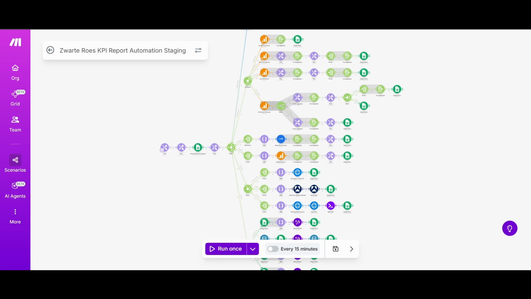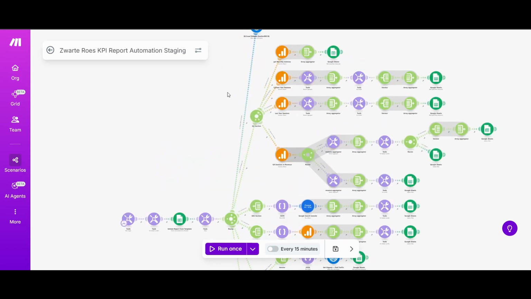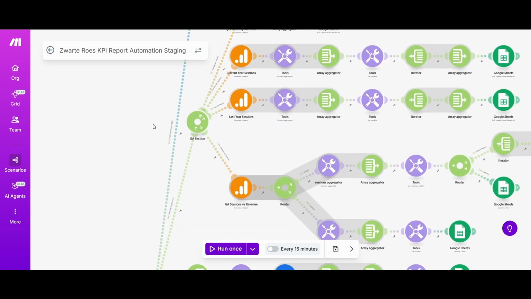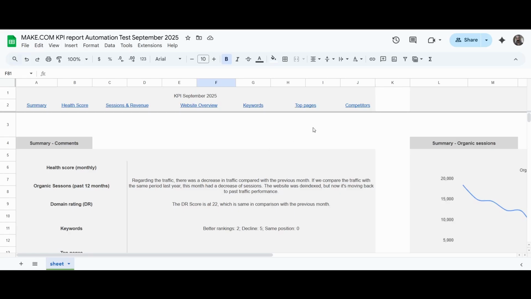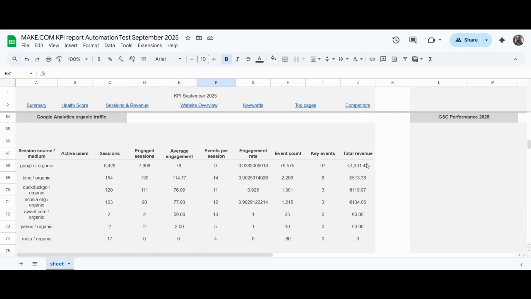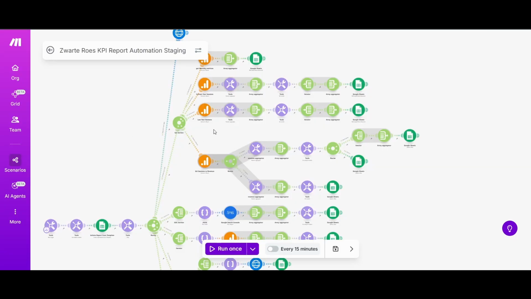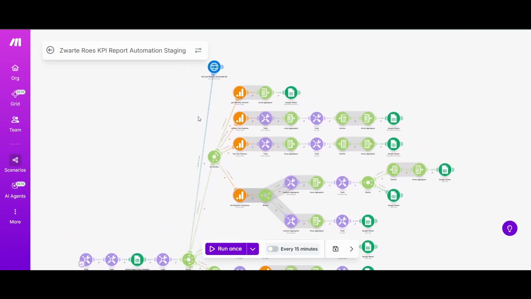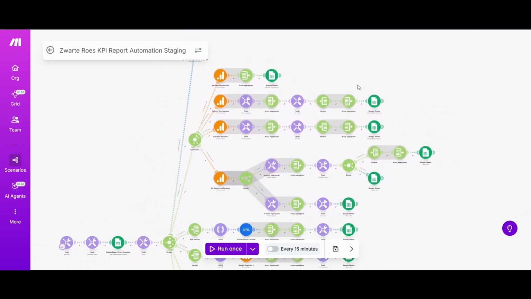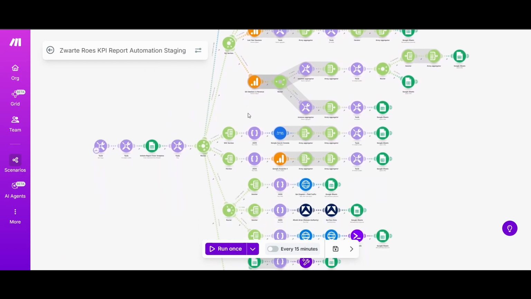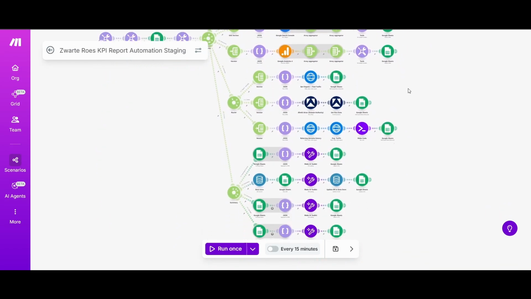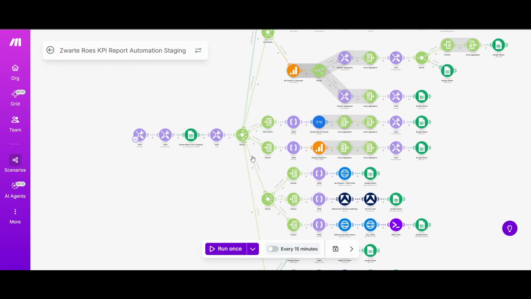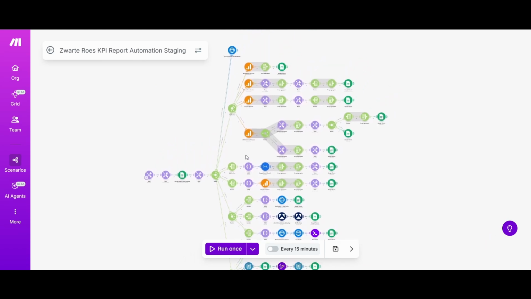Hi, let me walk you through this make.com workflow I recently built. It automates the entire process of generating KPI reports to track website performance. The main goal was to rely mostly on Make's native tools and avoid any extra subscriptions, keeping the system lean and cost efficient. In practice, this automation saves about 2 to 3 hours per report, and more importantly, it eliminates